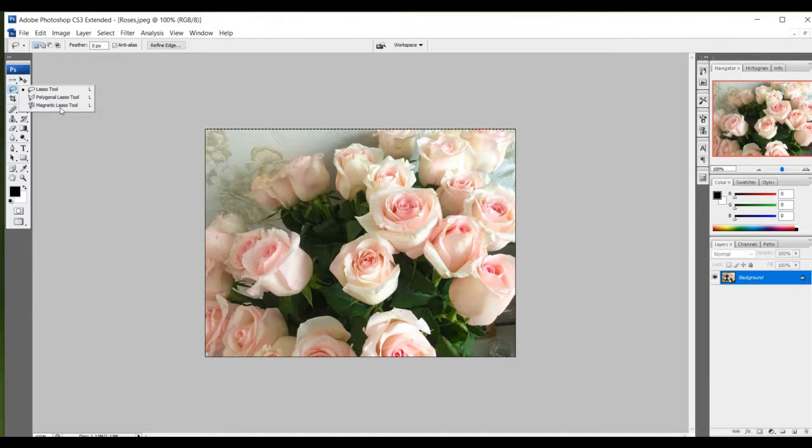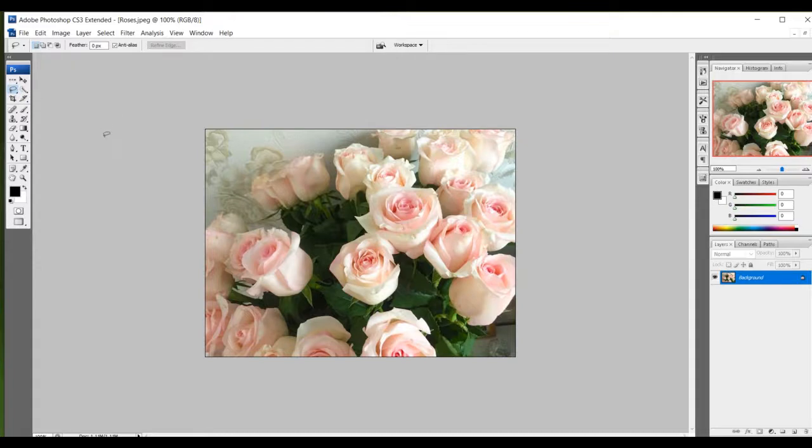Now, the lasso tool. This is our first lasso tool. So let us select the lasso tool. As I select the lasso tool, I want to remind you, my cursor changes to the lasso tool image.